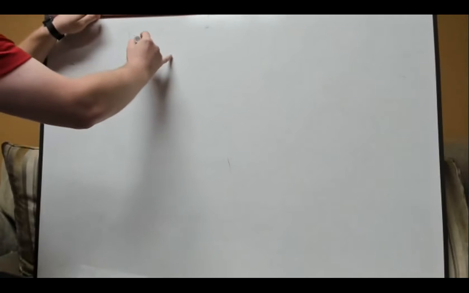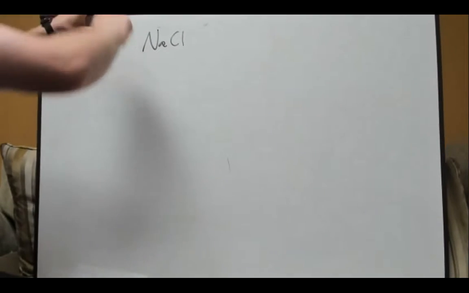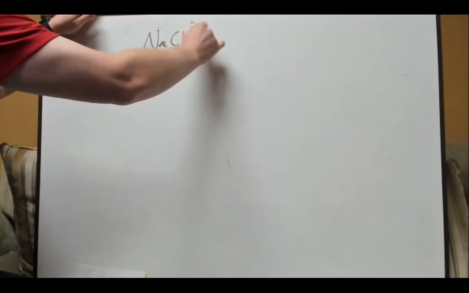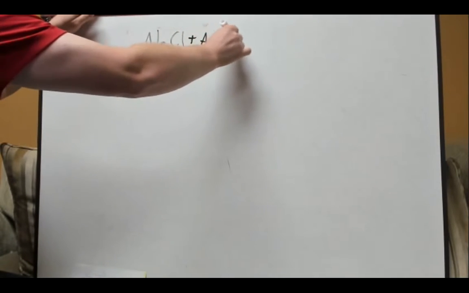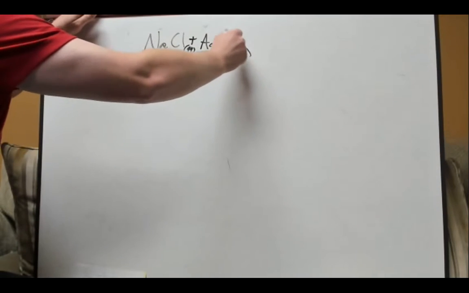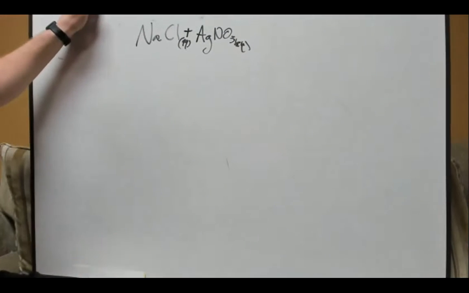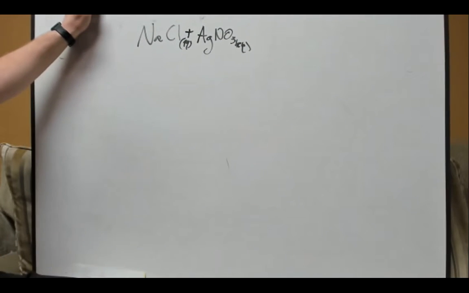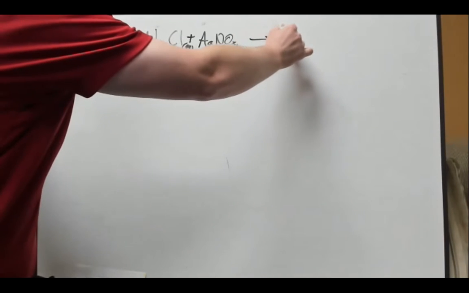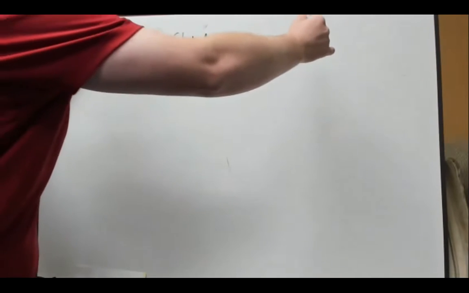So let's think about this. Sodium chloride plus silver nitrate. These are going to be aqueous. And we have to start putting in states of matter in our chemical reactions now, because it's very important for us to know what we're actually talking about in the different states. And we said that's going to make silver chloride plus